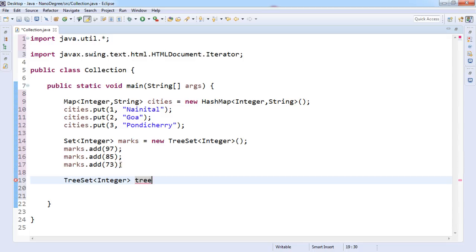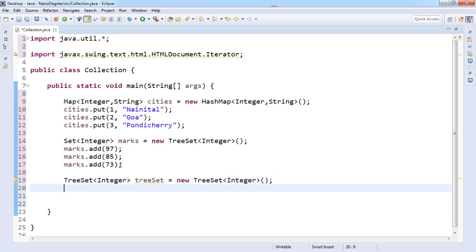Let's call it tree set. Now instead of adding values to this tree set that we want as a navigable set, what we are going to do is use the methods of head set, tail set, etc. Now let's say we want this set to hold the marks that are greater than 80. What we do is just say tree set equals